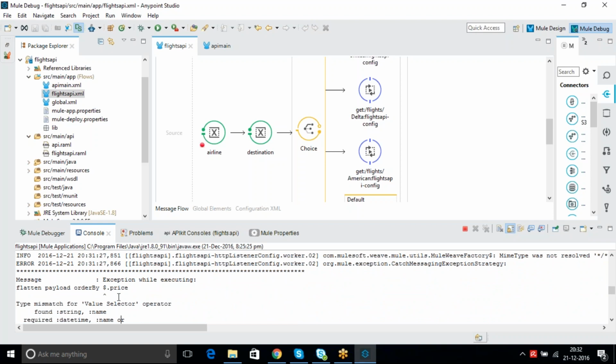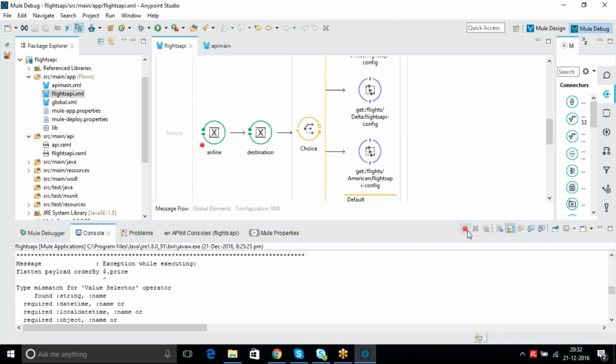This is correct only, right? Let's run and see that in debug mode so that we can identify whether it is failing here or in the transformation.